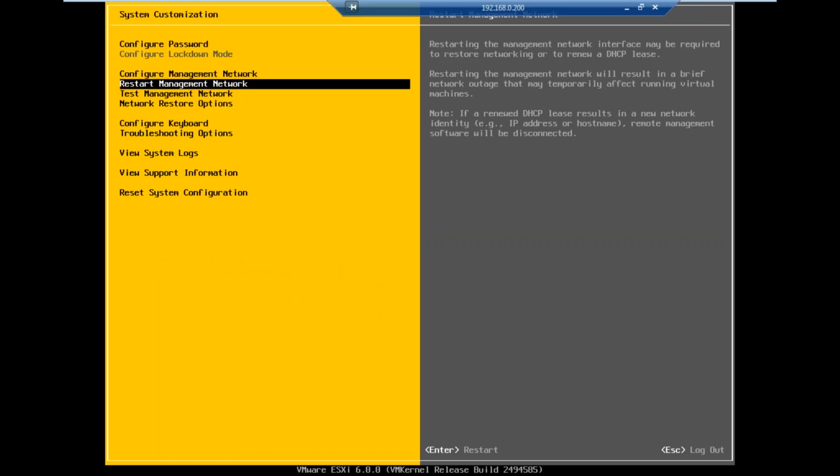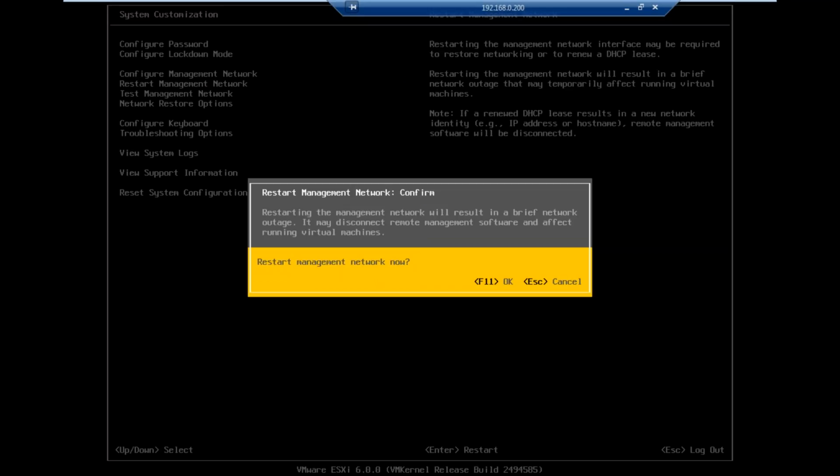Restart the management network is to restart the management agent of the server. Sometimes you see the RDP status, the remote desktop service in your system, will not work. When the service is in stop state, you certainly cannot connect to it using the remote desktop protocol. So it is similar to it.